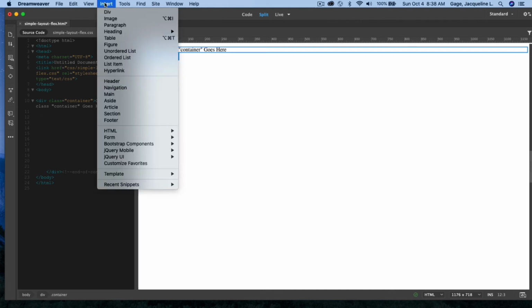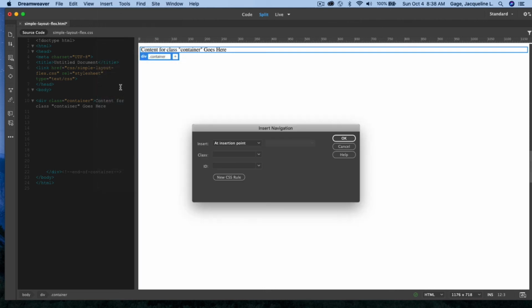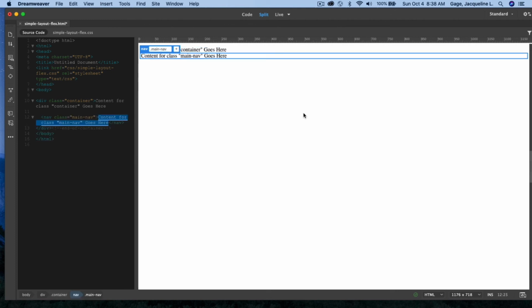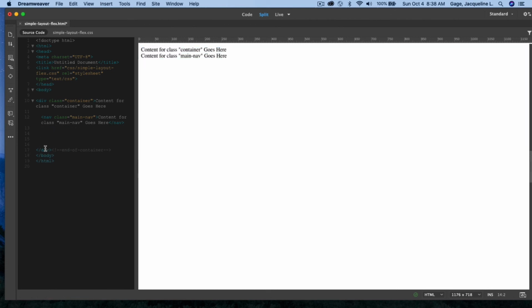So I'm going to go insert navigation, and just in case I have more than one navigation bar, I'm going to give this a class name and I'll call it main nav and say OK. After the nav tag here, I'm going to hit the return key again, and I'm still within the container div. I'm right here. I'm going to go insert